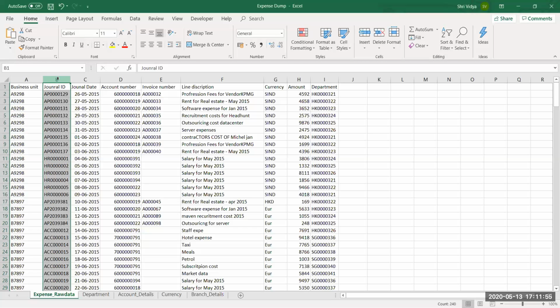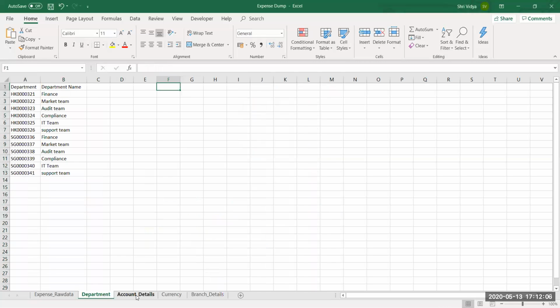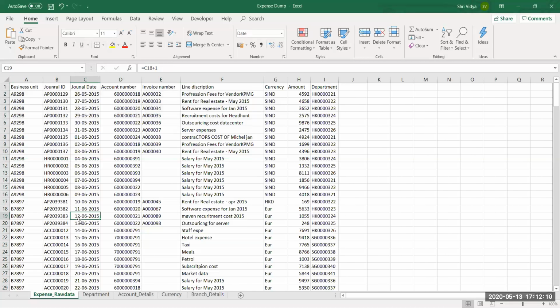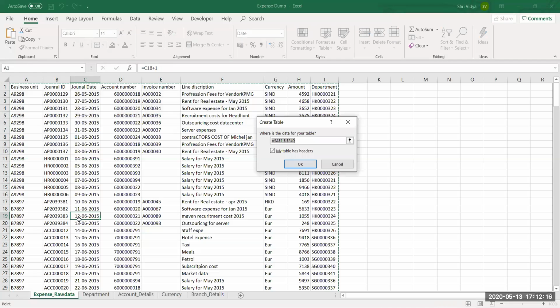Let's see that. For that, you have to create tables. Currently, this is a cell range. I have to create tables in all these sheets, so whatever data we have, we convert it into a table. We have a shortcut: Control T. Keep your cursor in the data and press Control T, and you'll get this window. Create table.